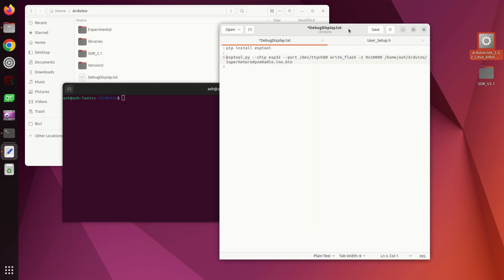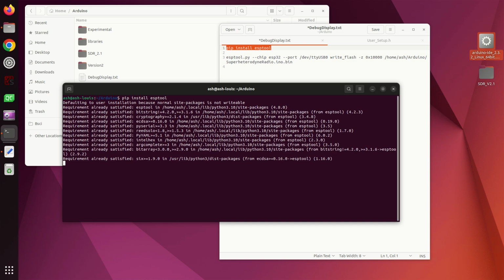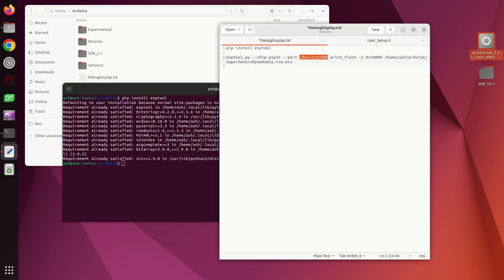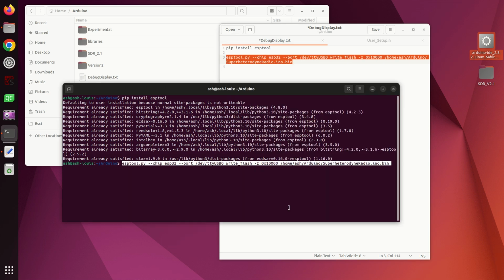So first thing, install esptool. It's going to tell me I already have it because I've installed it already. And then again, you may have to change your port here depending on what operating system you're using, and then the path to this Superheterodyne.bin. So if I take this, and then